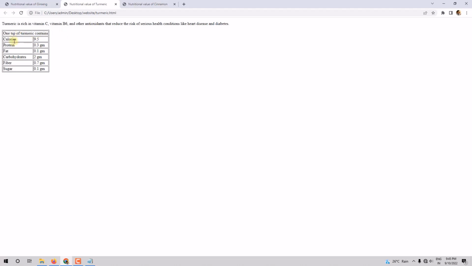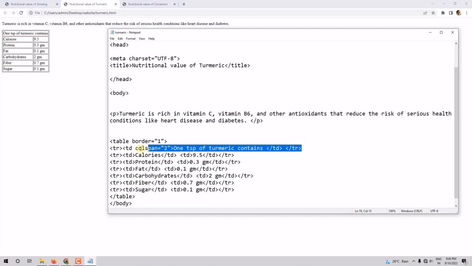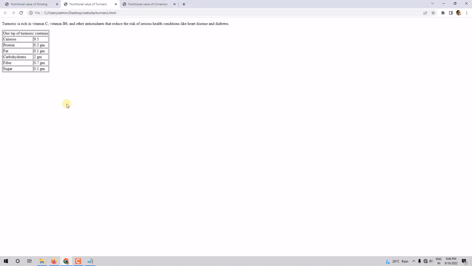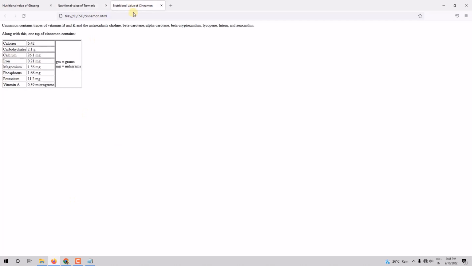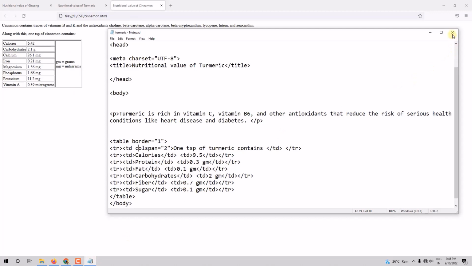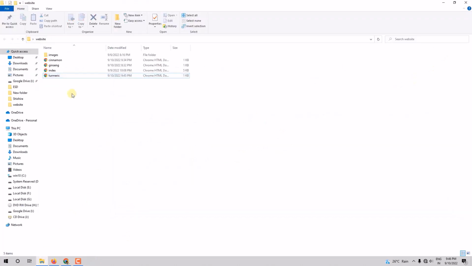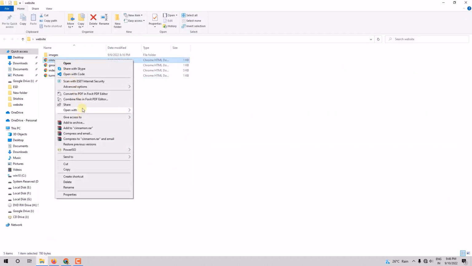Alright, so this is how you get it. First row spread over two columns. So the first row, which is this, is spread over two columns, and that is done using colspan. Okay, column span. Now this is done. This is remaining, correct? Cinnamon is remaining. So we want cinnamon to be like this. So let me close this and quickly open the Cinnamon page in